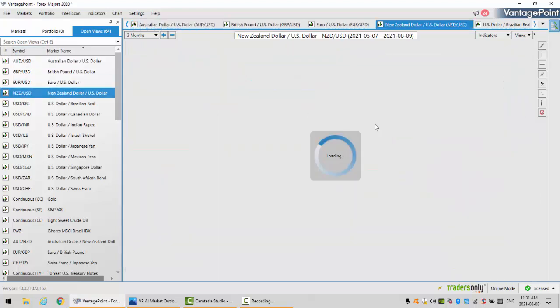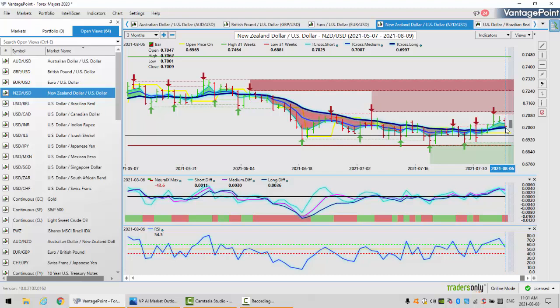The same trade is there with New Zealand, but the thing is, New Zealand has been stronger than the Aussie all the way along. So maybe with the same exact signal, the MA diff crossing with the neural index, a sloping downward RSI that has slipped back within the 60-40 channel, there may be better value shorting this one, okay? But the only thing is, we've got to get through that T-cross long. That level is 69.97. So again, you can tag limit orders just below 69.97. If the market plummets and breaks through the VP level, you've got a limit order sitting there waiting. That is just a suggested strategy.